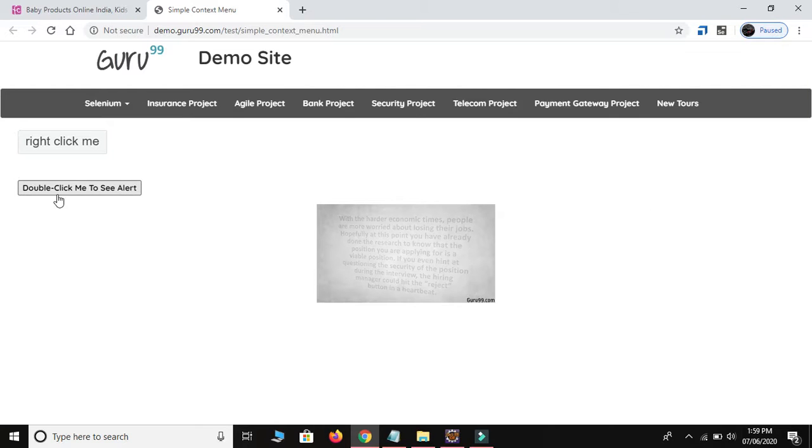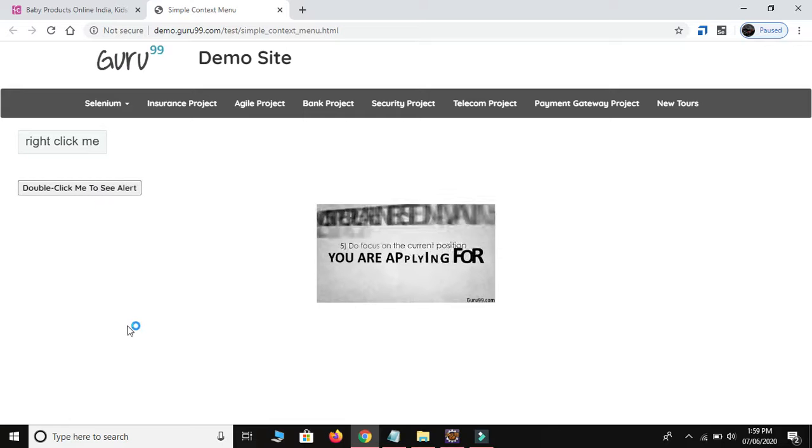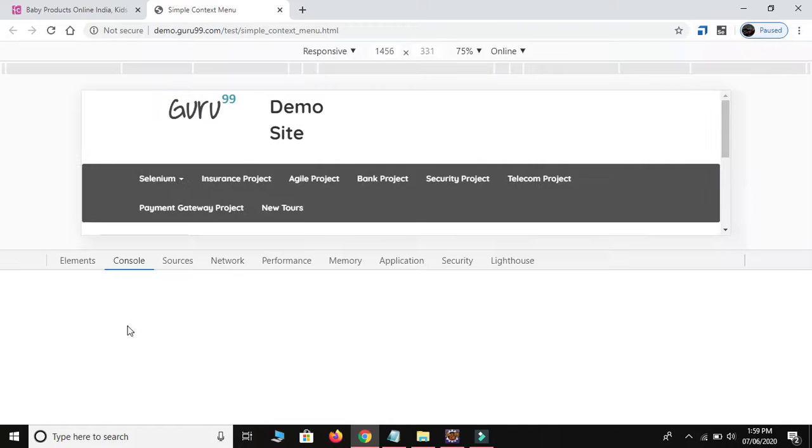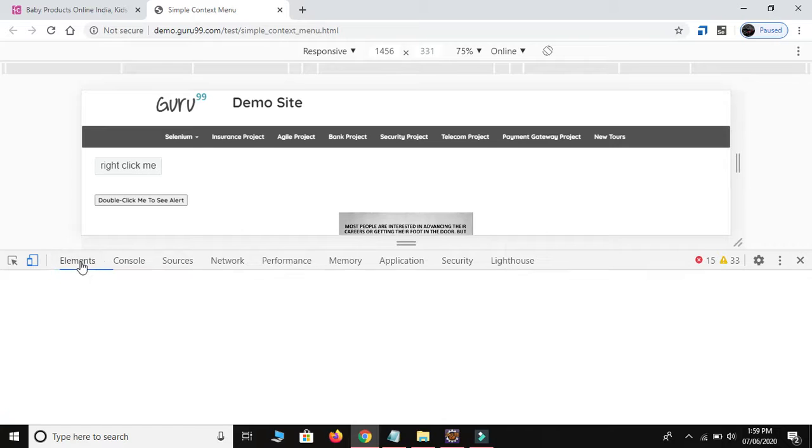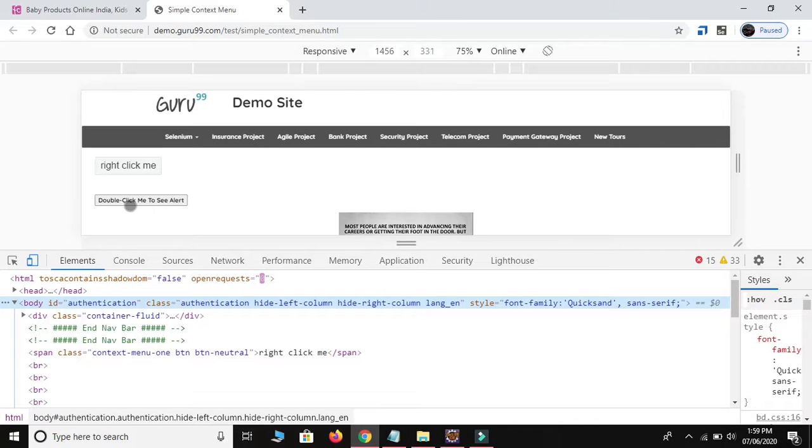So first thing is I need to create the XPath. So I will just press Ctrl Shift J. Okay, I will show you the technique without inspecting how to create the XPath. Now I have this text.